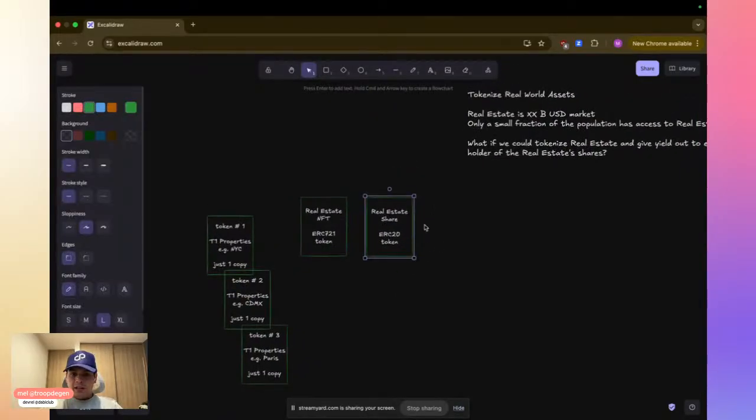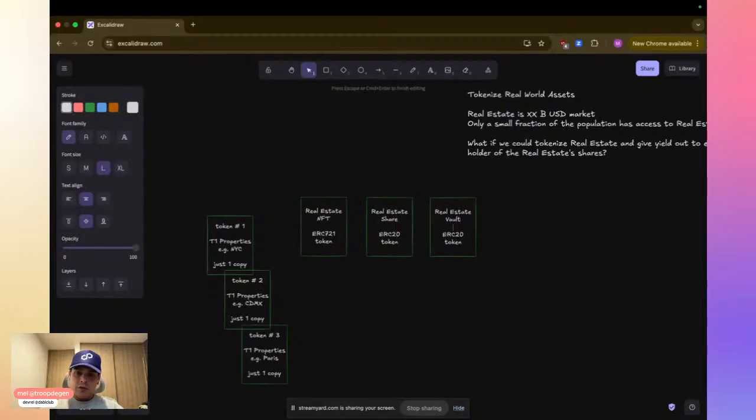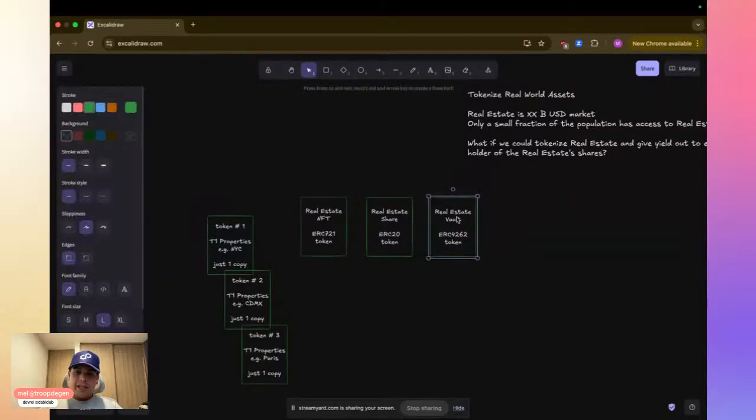Then the ERC20 token, that's just for the tokenization, the shares, and then the vault. And this is where we will see a new one that we haven't reviewed before, 4626 token. And here's where we are going to start handling other people's assets in order to start generating yield.